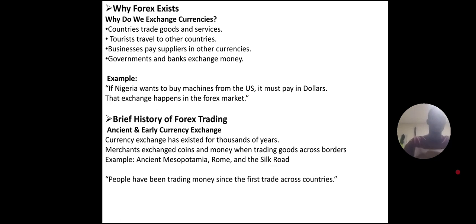You have to exchange. Somebody from United States cannot come to Nigeria and use dollar to buy things in Nigeria. It doesn't work, because you can't use the dollar in Nigeria. If you take the dollar from the person, you still have to go and convert, and nobody wants to go through that stress. So the person has to do his own work, convert it first before he uses it to buy whatever he wants to buy in Nigeria. Same for you, if you are traveling to Ghana, you have to change it to cedis first before you can do anything in Ghana.